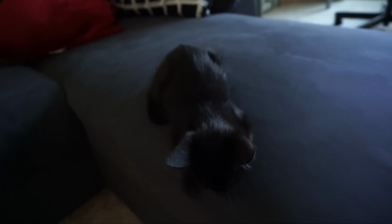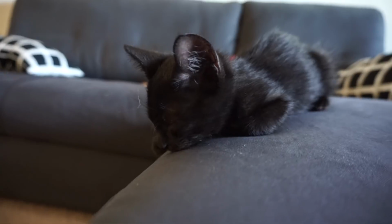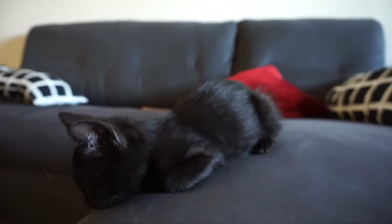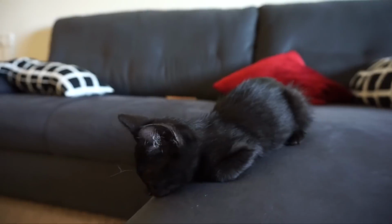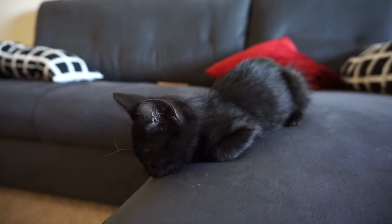He is sort of blending in with the couch. Let me stand from this side so you guys can see him a little bit better. But this right here is Drake, and he's currently sleeping in the cutest position ever. I actually have no idea how he fell asleep like this. He's 9.5 weeks old. He is a boy, and Omar adopted him from the same shelter that we got Drizzy